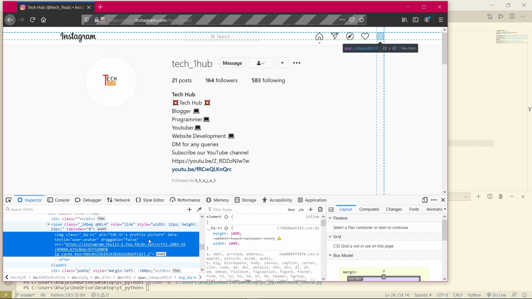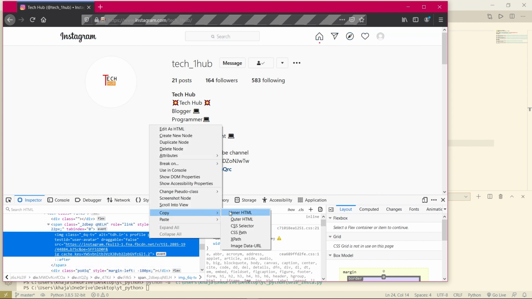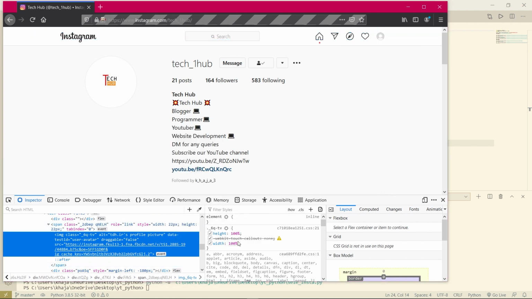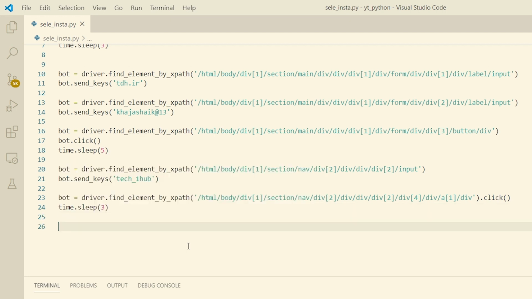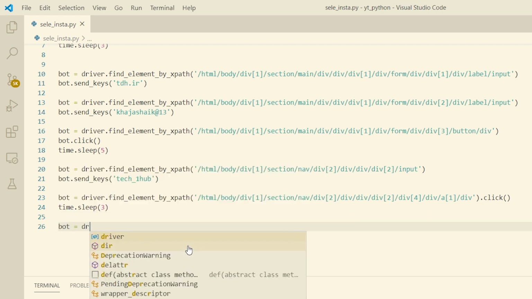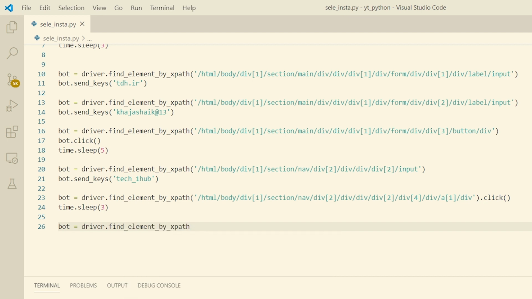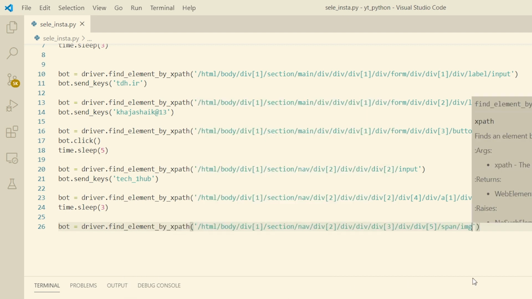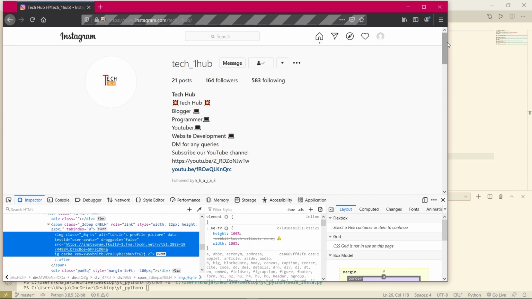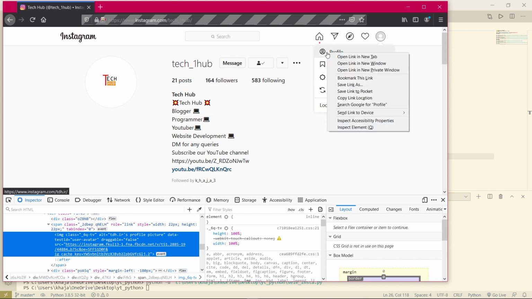So copy that XPath, bot is equals to driver dot find element by XPath, and we will paste that dot click. Here we have to just click, and then we have to go to our profile.